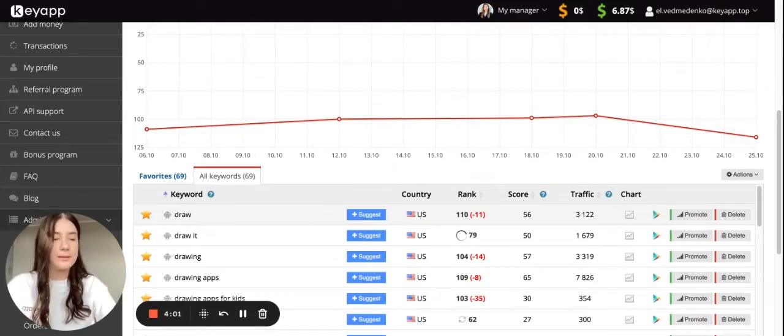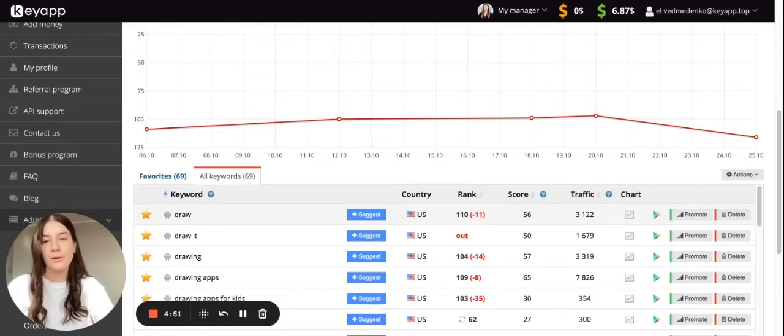Basically, I have the next question, which sounds like, how to find out which keywords are relevant for my app? I suppose both these questions, how to choose the keywords for promotion and how to find out which keywords are relevant, are connected, because of course, it is important to promote the application only for relevant keywords. It is important because even if the keyword is of high traffic, for example, the traffic may be checked here. Traffic means how many searches organic users do in the store for the particular keyword daily. So even if the keyword is of high traffic but it is not relevant for the application, most probably after getting top positions you won't get any organic traffic, because organic users, when they look for a particular search request,